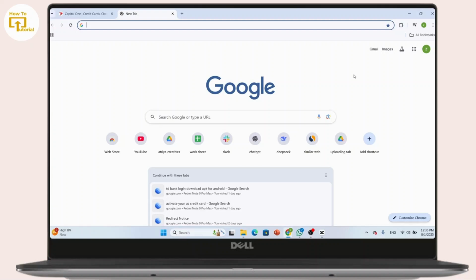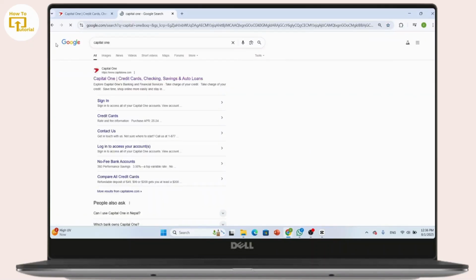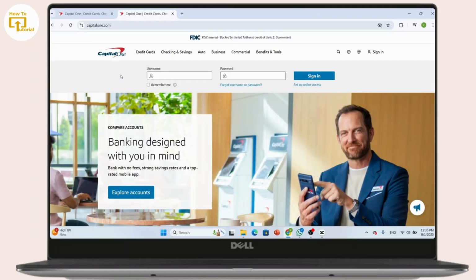So first things first, open any web browser, and once inside the web browser, you can just click on the search bar and simply search for Capital One. And now here on the search result, just click on the first link and after that, you'll be prompted to the official website of Capital One. Now here, you can simply click on sign in and after that, simply enter your credentials to log in to